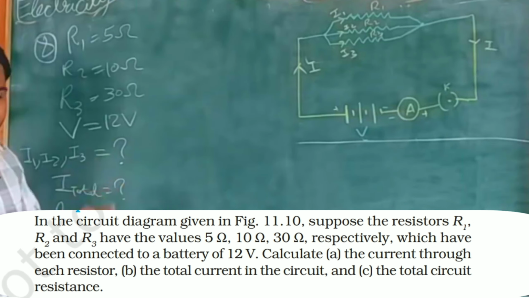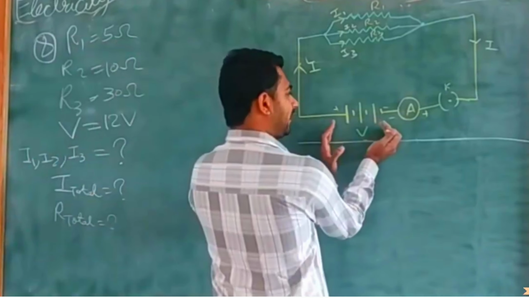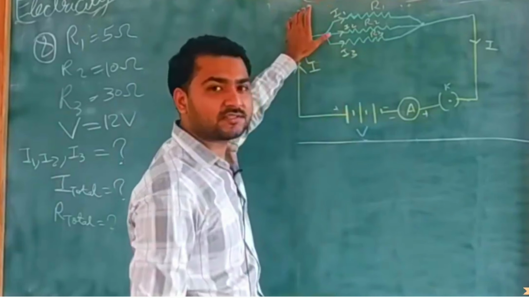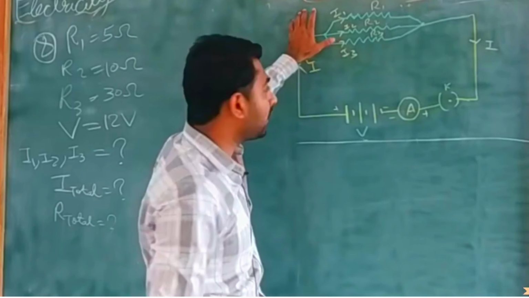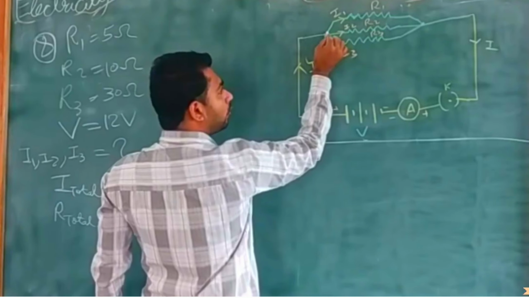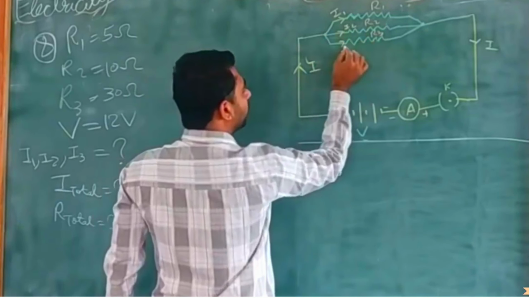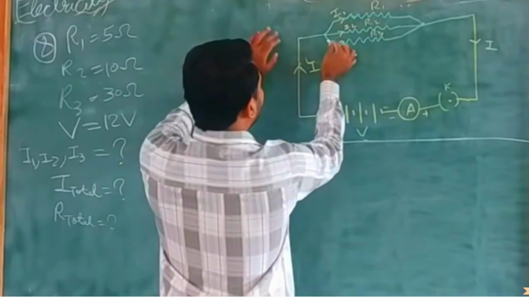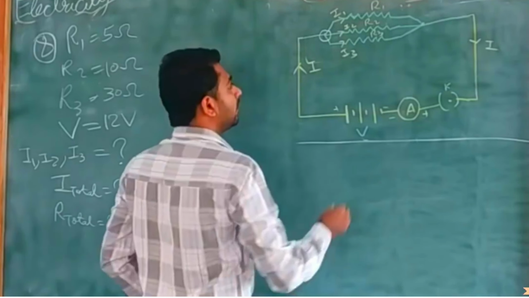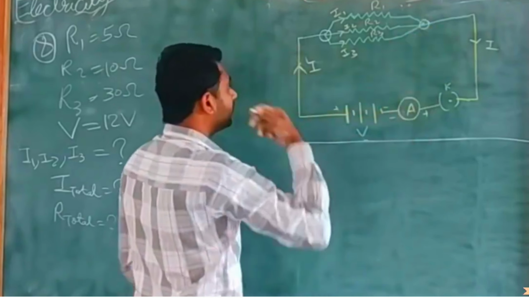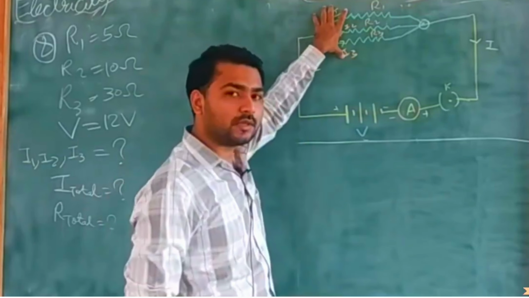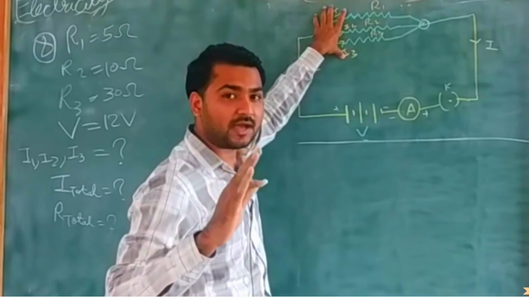Let me first explain the circuit. Here I have a 12 volt battery which is connected to 3 resistors. Now see, all the 3 resistors are connected in parallel. They have their own wire. This R1 resistor has its own wire, R2 has its own wire and R3 also has its own wire, and they are connected at the common point over here. Clear? Here also a common point. So the 3 resistors have different wires. So I can say this is a parallel circuit. आपको क्लियरली समझ में आ जाए उसके लिए मैं बता रहा हूँ.